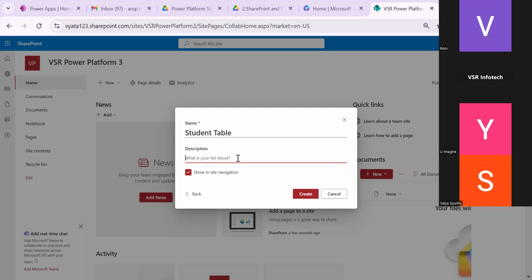You also need to give the description. This is not mandatory, but it would be helpful for you in order to distinguish what table this is. So this table I'm creating for the sole purpose of keeping the data of students, those who are inquiring for, let's say, the classes, or those who are inquiring for other courses. So here I'll add the description,